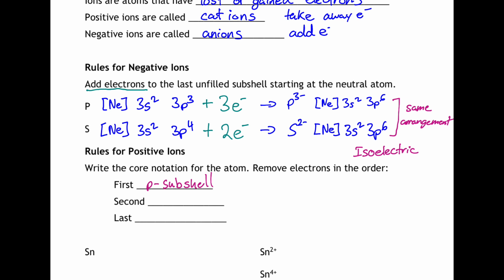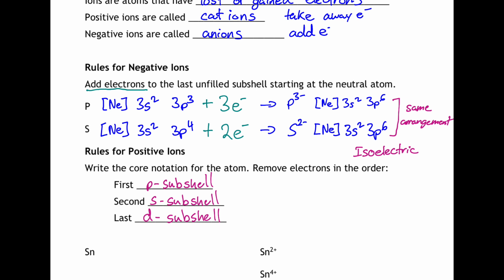The second we take away from the s orbital to see if those can get a full subshell. I should write them the same. Orbitals and subshell are the same names for things. I should erase this and make it the same. If you wrote orbital, you can leave it if you want. I should make the notes the same. Okay, so subshell. And then the last one is the d subshell. So this is the order that we have to take them away from. And so we're going to try to figure out how we can best